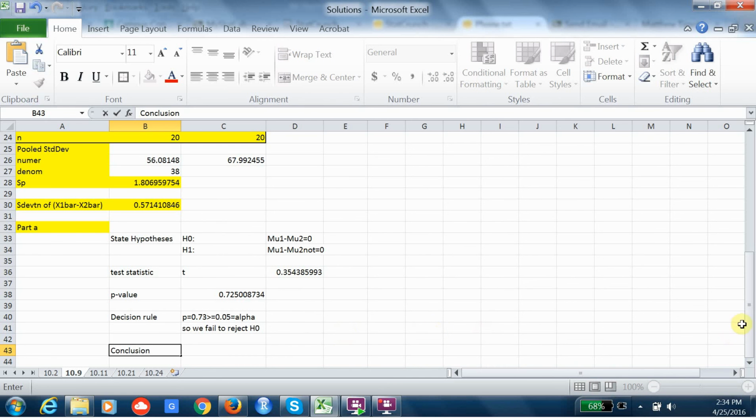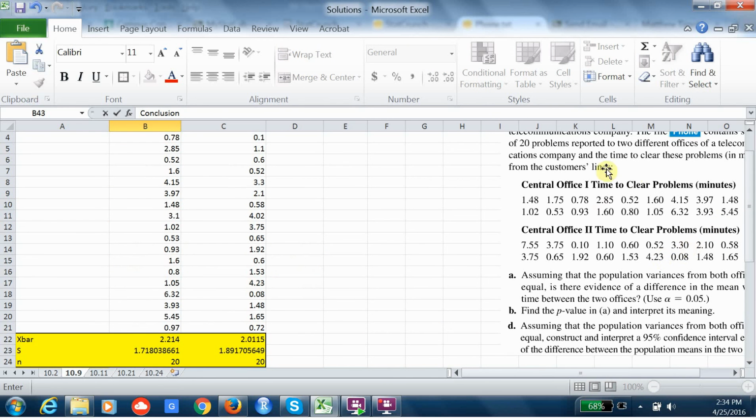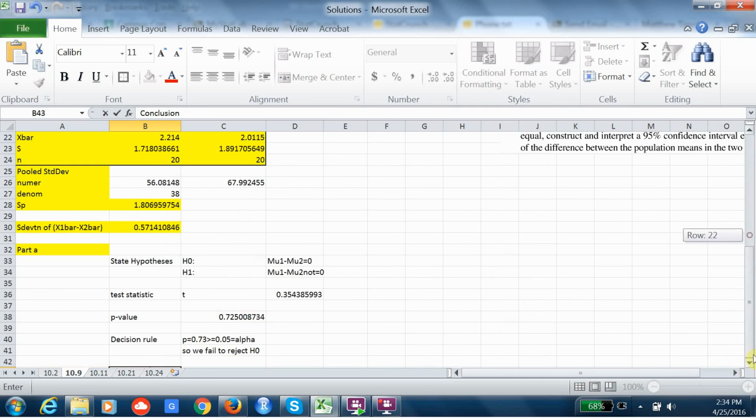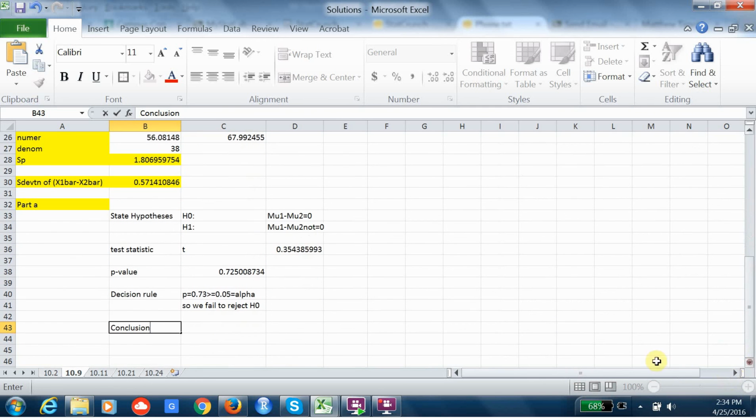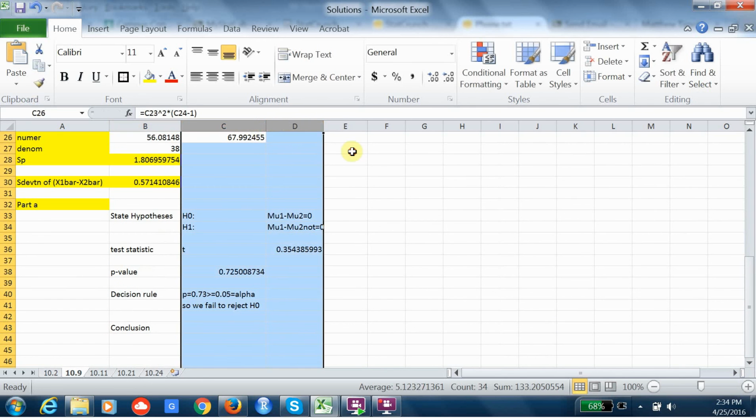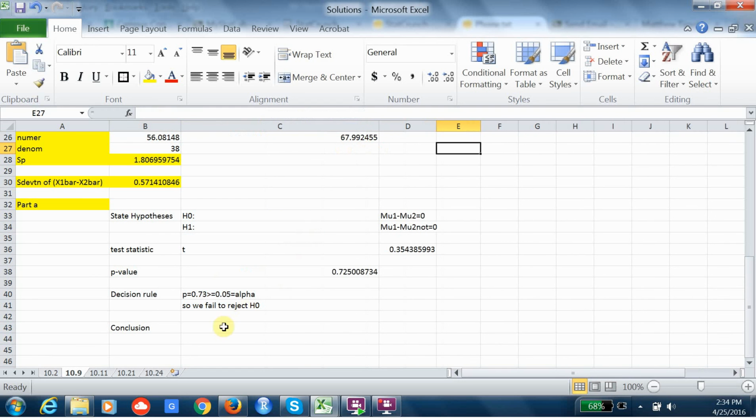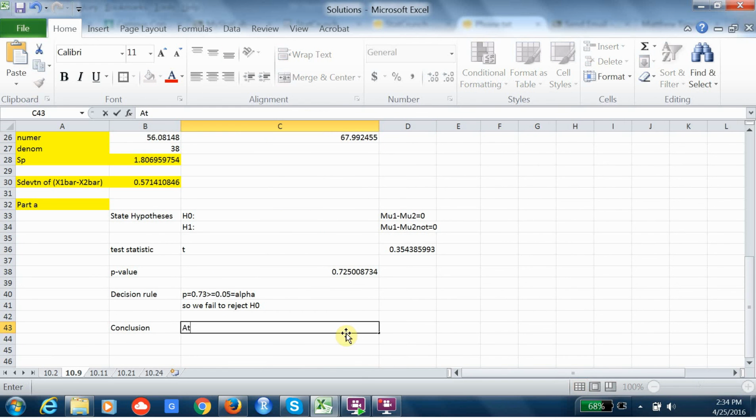So we have to go back and ask ourselves, okay, what were we studying? Well, the time to clear the problems in these two offices, right? Okay, so we might say something like this. We might say at a significance level of 0.05, there is not sufficient evidence to conclude